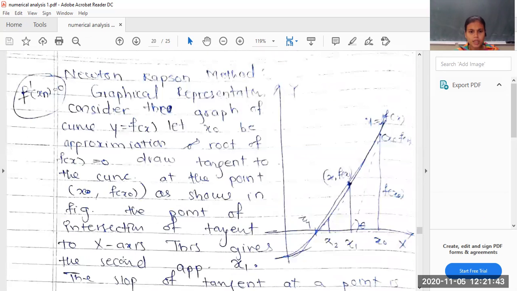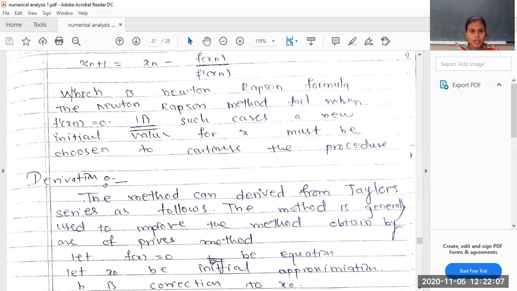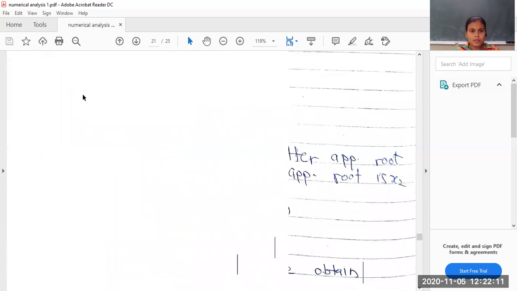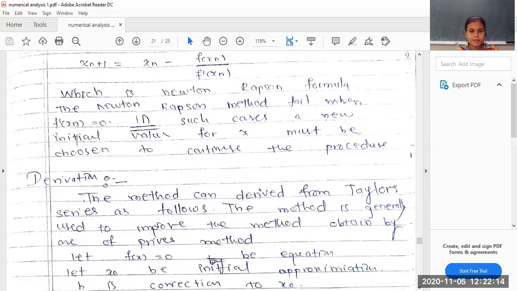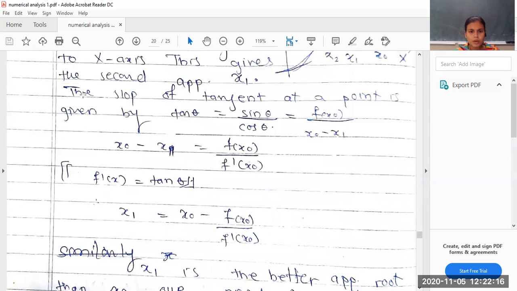So let us go for the next one, that is the Newton-Raphson method. I have already shown you the theoretical way of the Newton-Raphson method, but this method fails when f dash of xn is 0. That means if the denominator is 0, you are not having any definite answer. This method we have already studied in two ways, the geometric way as well as the theoretical way. For the geometric way, we must know what a derivative is.